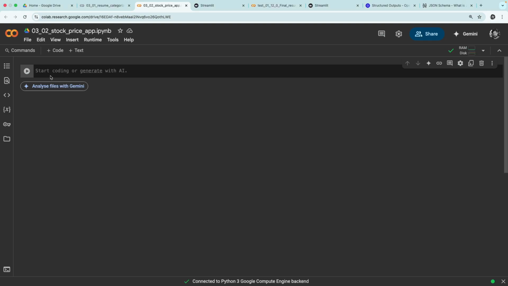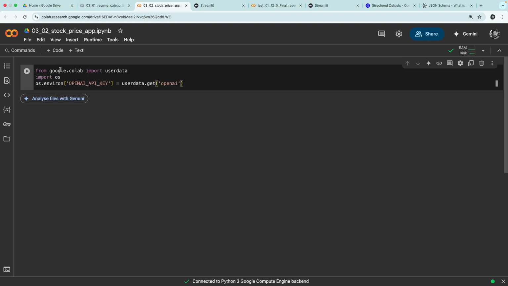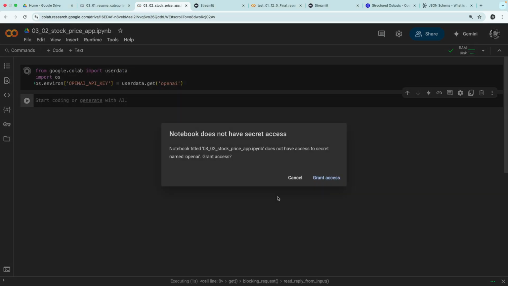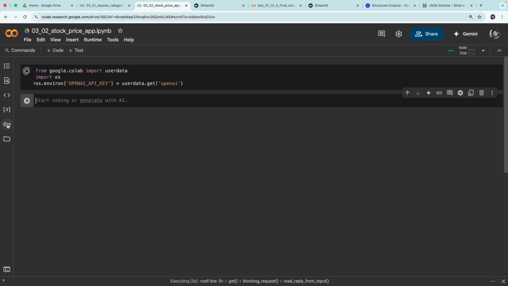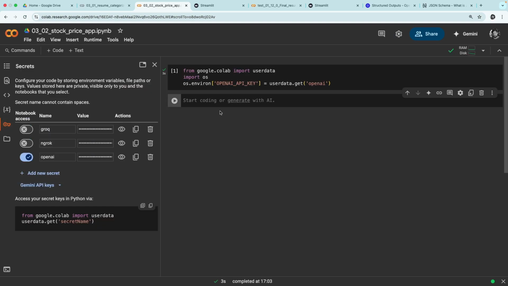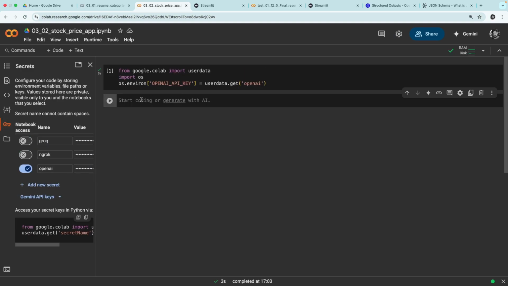And OpenAI is by default installed in Google Colab, so we don't have to install that. So we can just directly add the code for reading the key. I'll just add the code here. I'll grant access to this key, API key. In this video, we'll write the function call. So I'll give from OpenAI import